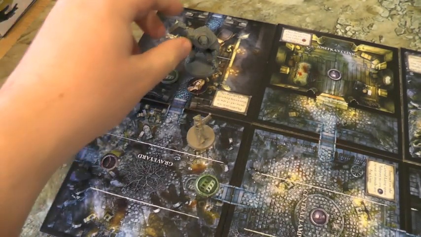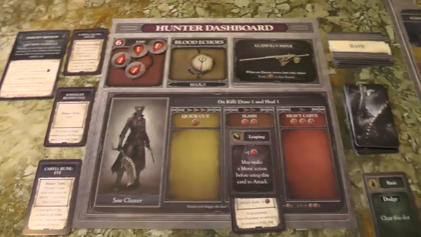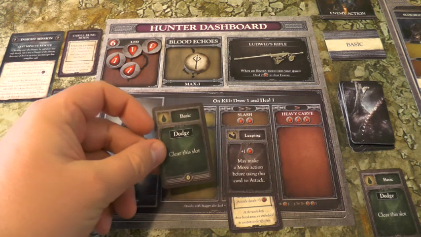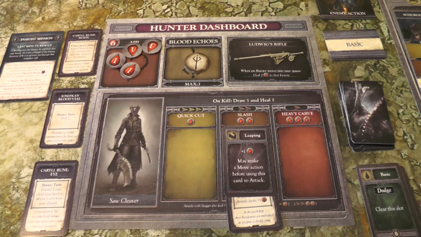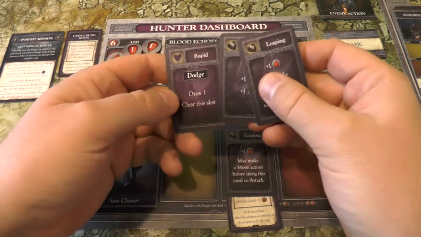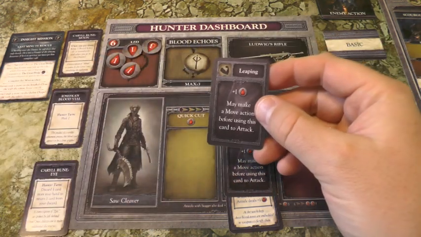The Hunter's Minion is going to move 1 into the same space as me and is then going to attack. Let's see what the Hunter's Minion is going to do. It's going to do his basic attack, which is a speed 1, doing 3 damage. Good news for me, I can dodge that easily and clear the slot. That's the end of his go. I need to move the time on again, get myself 3 new cards, and we have these. I will move using leaping,